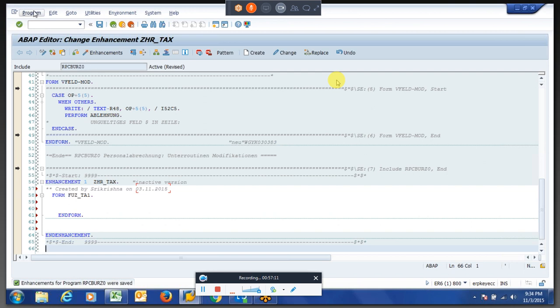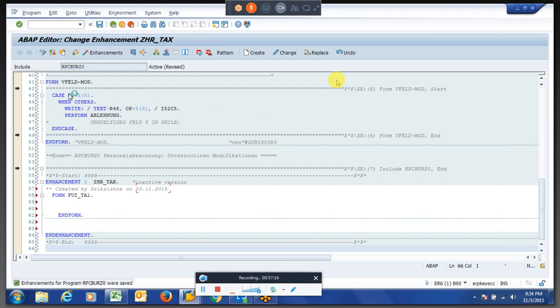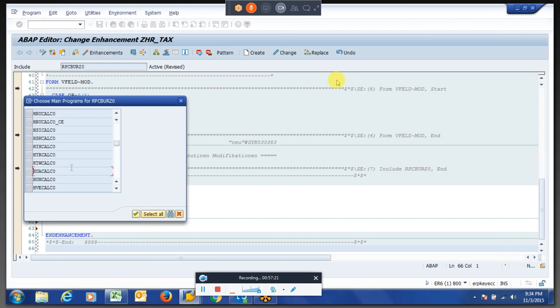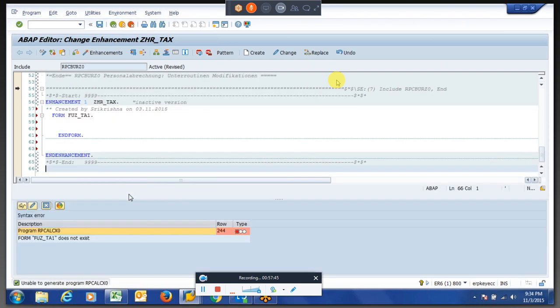Let us say if you generate it, every ABAP program should be generated, unlike our configuration tables. In the configuration tables, if you see the features, you have to save and you have to activate.